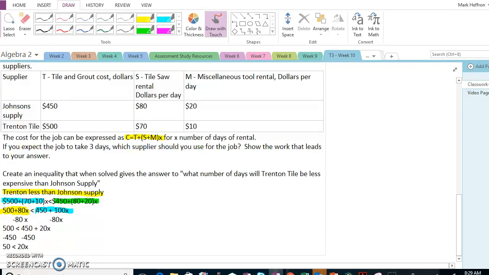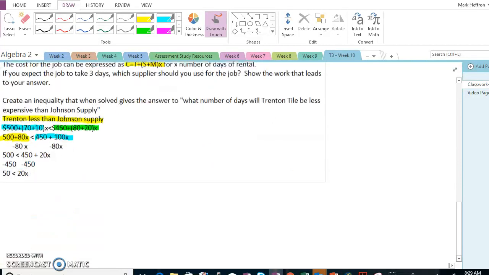After subtracting 450 from both sides, we have 50 is less than 20x. Now we will divide by 20. Divide by 20, and then you can divide by 10, and so 5 over 2, which is really 2.5, is less than x. So the way to interpret this is when x is greater than 2.5 days,